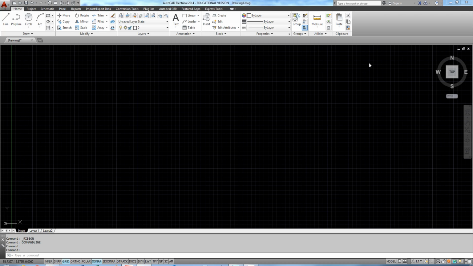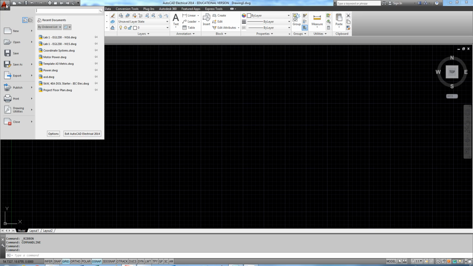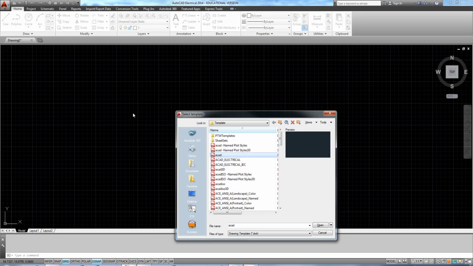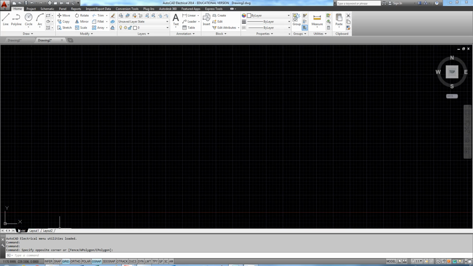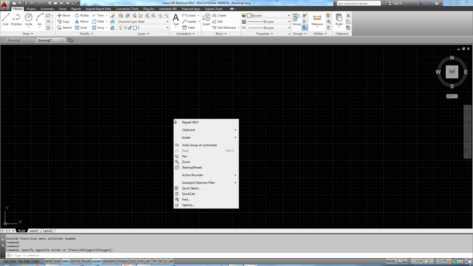Okay, first of all, you need to start AutoCAD Electrical 2014, and we'll start the process from the very beginning. You need to start a new file, choose ACAD ISO, open, and we need to do some cleaning up. Make sure that you can see the model, layout 1, layout 2 tabs. If you don't, you need to right click and then go to options,